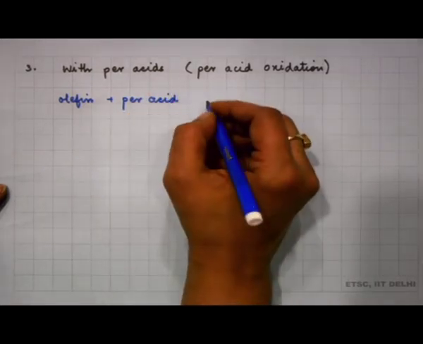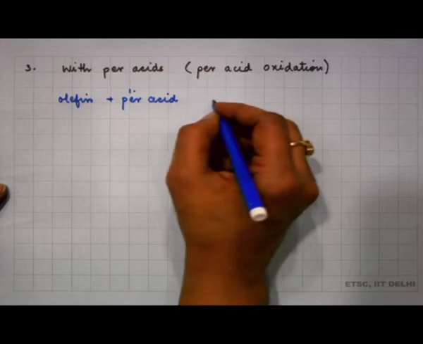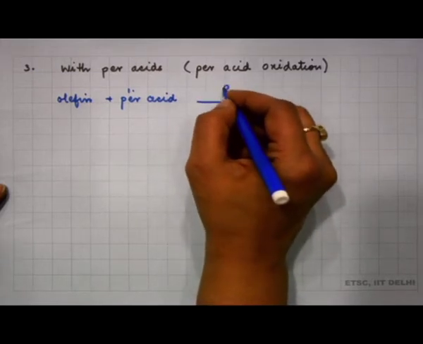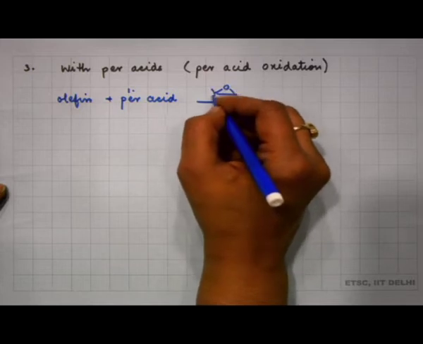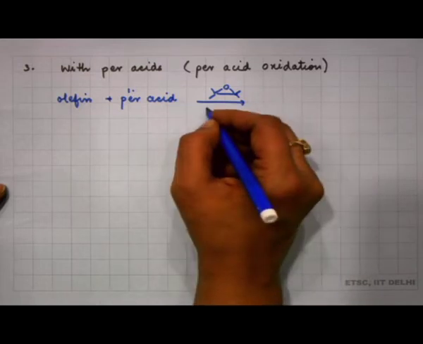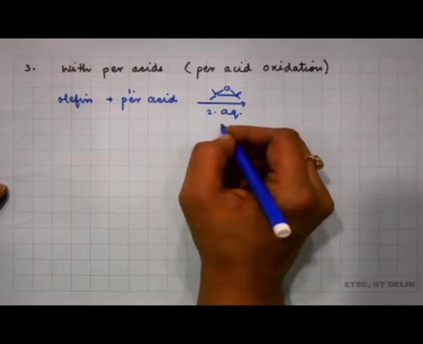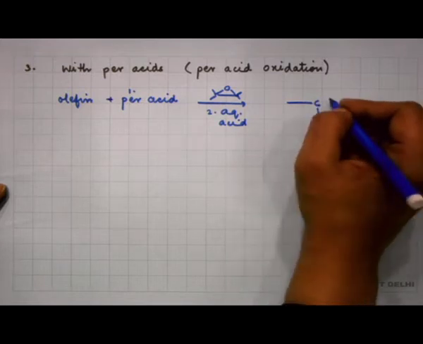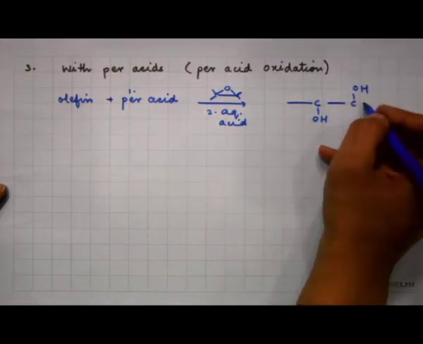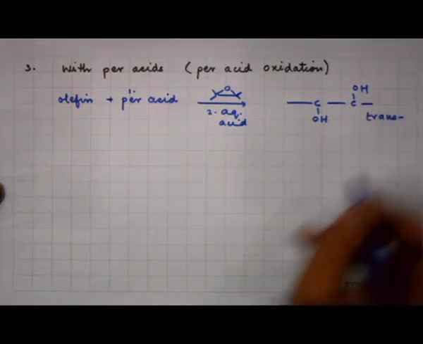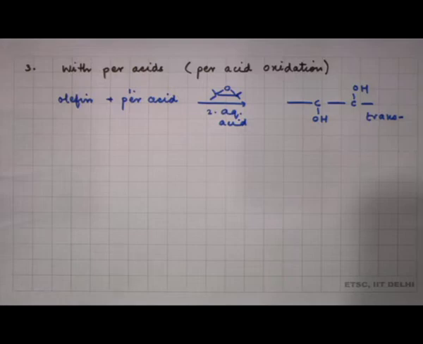This is the first step, and the second step, once you treat it with the per acid, you get an intermediate which is an epoxide, and this epoxide you then treat with an aqueous acid solution, when you get your diol. And the interesting thing about this reaction is that the diols which you get are trans diols. Unlike the previous two cases where we were getting the cis diol, in this case we get trans diol